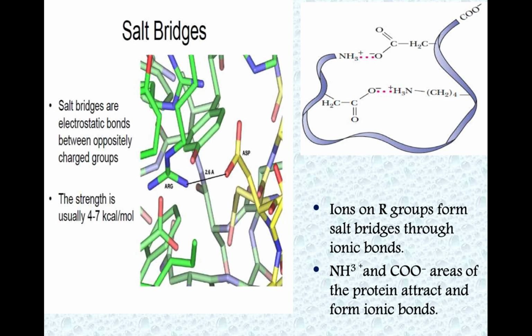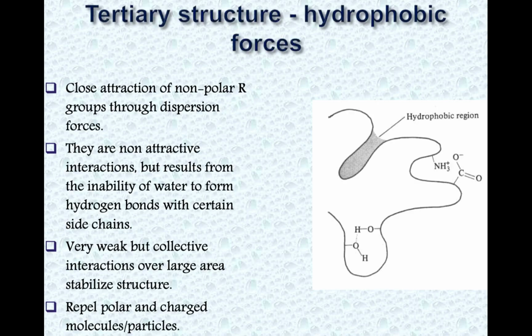One more is the ionic interaction with the help of salt bridges. Here, in the side chains, the oppositely charged groups in the amino acid residues attract one another and form the ionic interaction, which is nothing but the salt bridges. For example, the ammonium group carries a positive charge, whereas the carboxyl group carries a negative charge. Both of these groups may interact with one another and form ionic bonds.